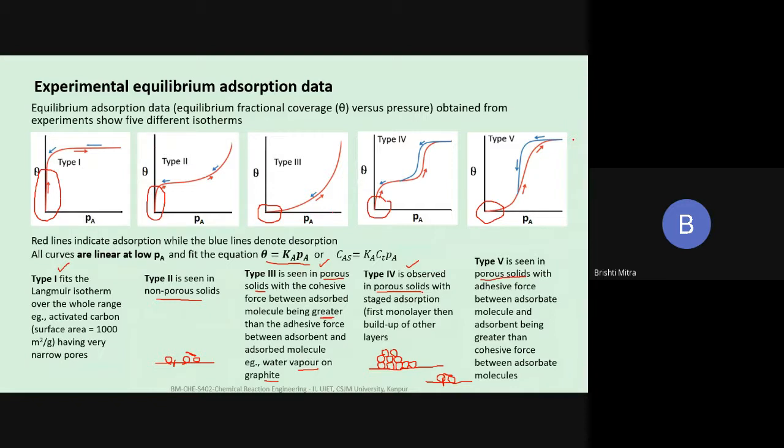So only the first one fits the isotherm that we know, which is called Langmuir. The rest of these do not fit the Langmuir isotherm, or you can say they do fit it at very low pressures, but not at high pressures. Then we see that essentially we have to talk about other kinds of isotherms, which will describe the different types of behavior. And why does this happen? I told you about the shortcomings of the Langmuir isotherm, which is leading to these type 3, type 2, type 4 and type 5 curves.